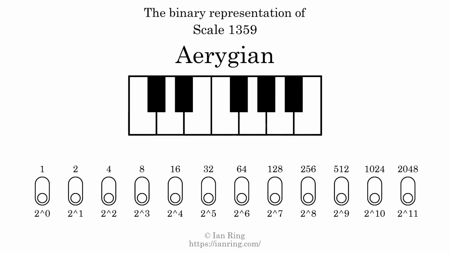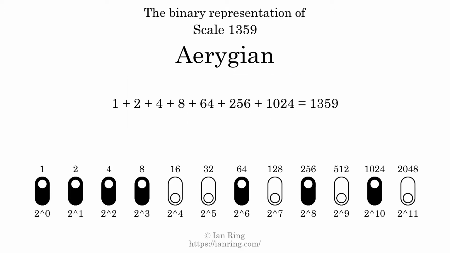The binary representation of this scale is determined by mapping tones of the scale to binary digits. Each binary digit represents a power of 2. To get the scale number, we add the powers of 2 together. The powers of 2 that are present in the scale, all added together, equals 1359. That is why the scale number, in decimal, is 1359. The scale number not only enumerates the scale with a unique index, but it also literally describes the tonal content of the scale. Represented as a binary number in base 2, the scale number is